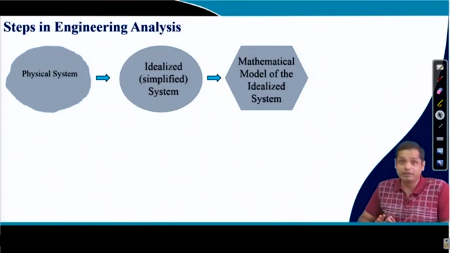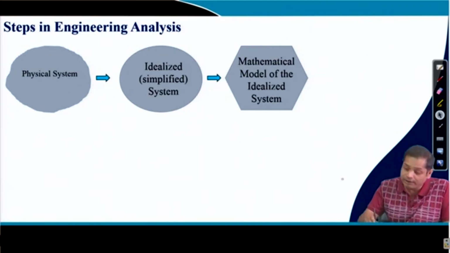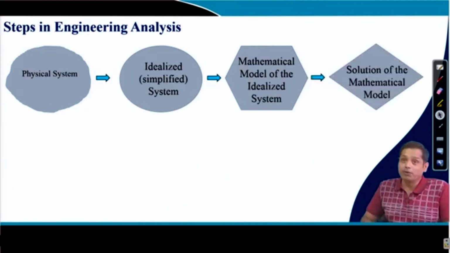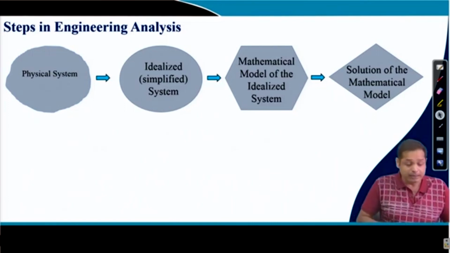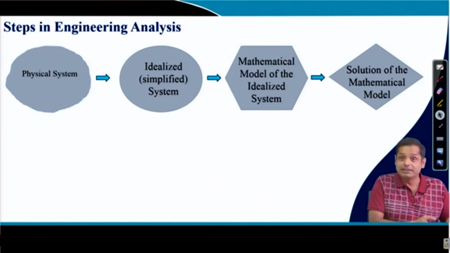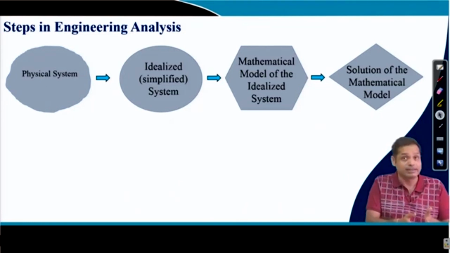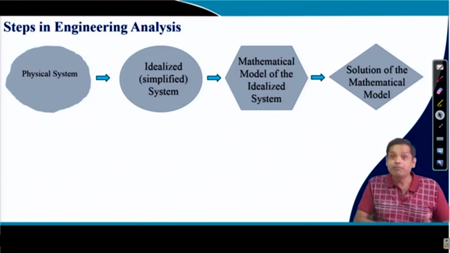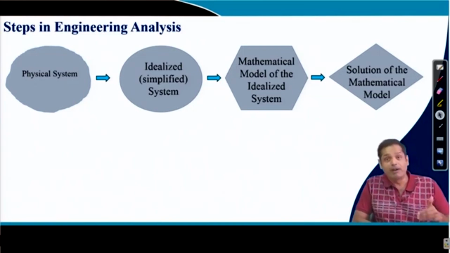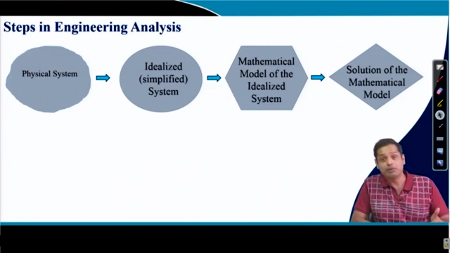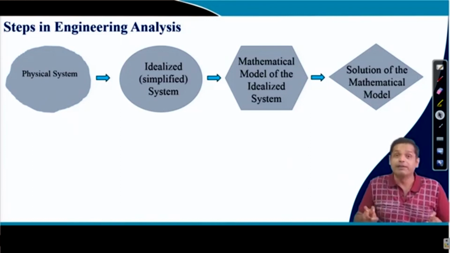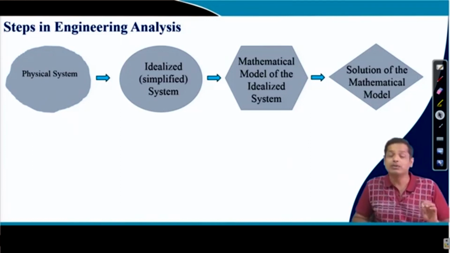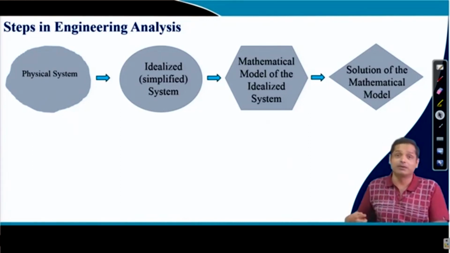Now, once we have that mathematical model, then finally we solve that mathematical model, right? And these solutions give me the solution of the physical system. We assume it is a solution of the physical system, but actually it is a solution of the idealized system. So it is very important that our simplified system, our idealized system, should be as close as possible to the physical system. When I say as close as possible, I prefer to put that phrase in quotes, because